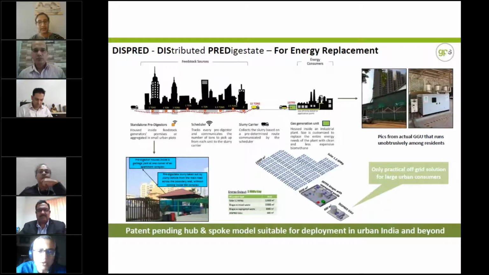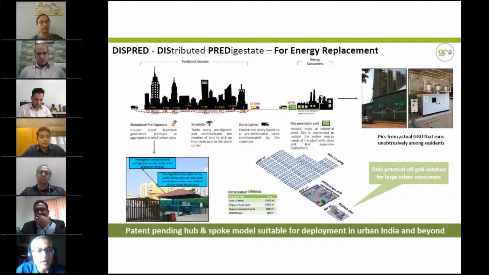So this is what we call the energy replacement side, where the consumer that requires a lot of energy replacement in terms of green fuel can have that. And with our system, where we can separate out the waste processing side, people who want only the waste processing can have that separately at a very small space and very small investment. While on the other side, at a very competitive price, the large consumers can have pure gas generation at site without waste entering the space and use it either for process heating or for process power.